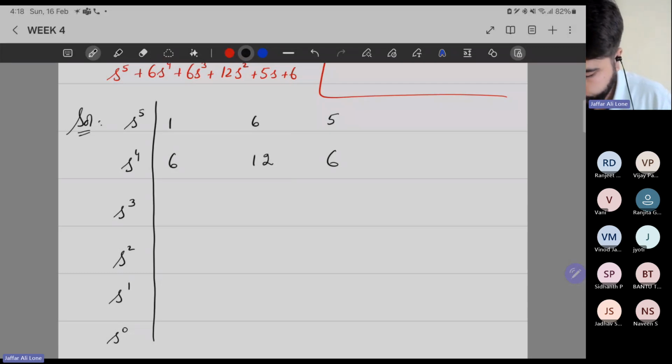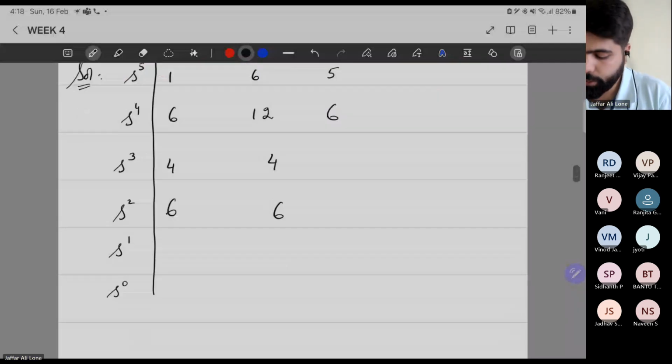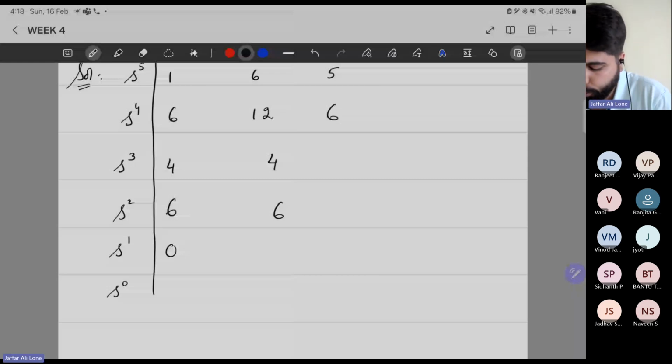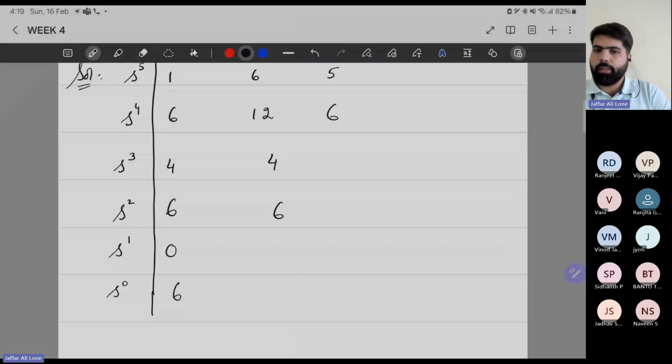So it will be 4, it will be 4, it will be 6, it will be 6. Now, this will be 0. So this we can tackle in 2 ways. This will be 0 and this will be 6. So right now I told you that when we are encountering a 0 element and there is no sign